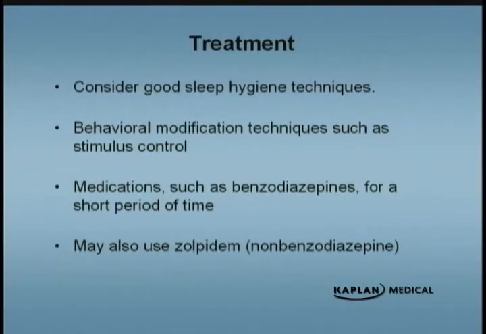Now, the pharmacotherapeutic route will consist of medications. Your choices will be either benzos or non-benzos. What's the problem with the benzodiazepines like temazepam, like triazolam? The problem is the addiction potential. And because we fear the addiction potential, we would prefer to use the non-benzos such as zolpidem or zaleplon. So zolpidem would probably be the drug of choice over everything given the treatment of insomnia.